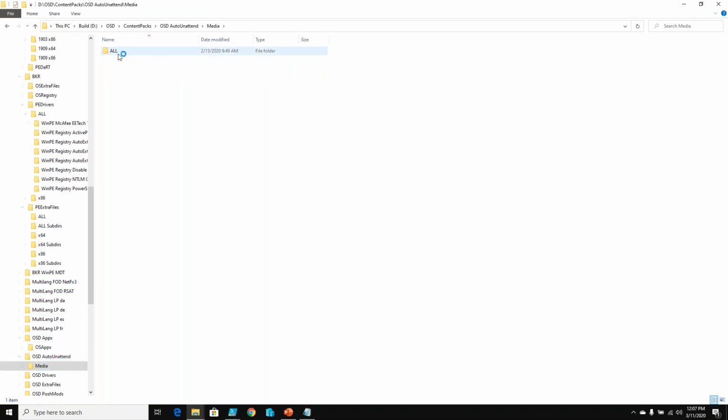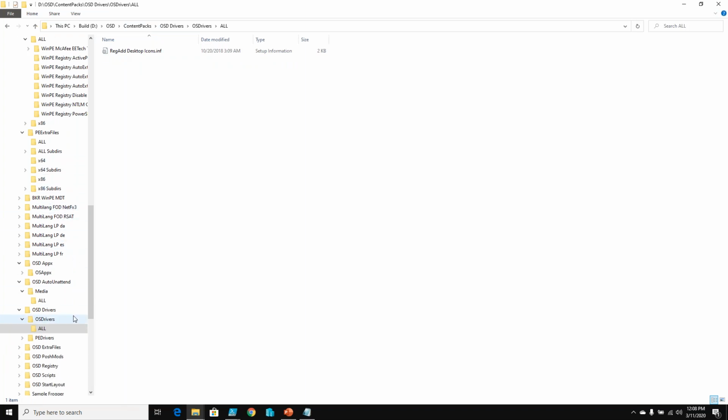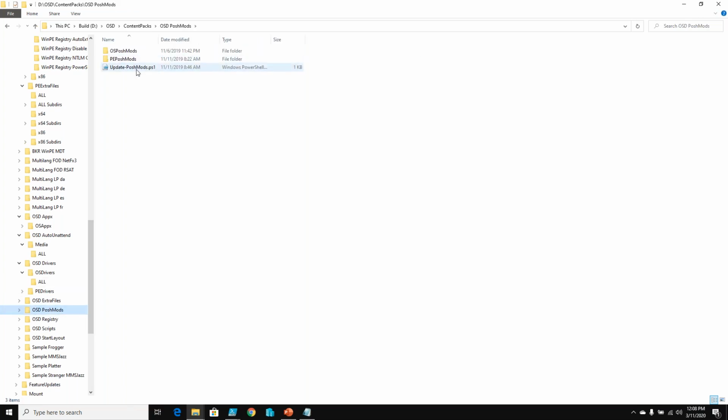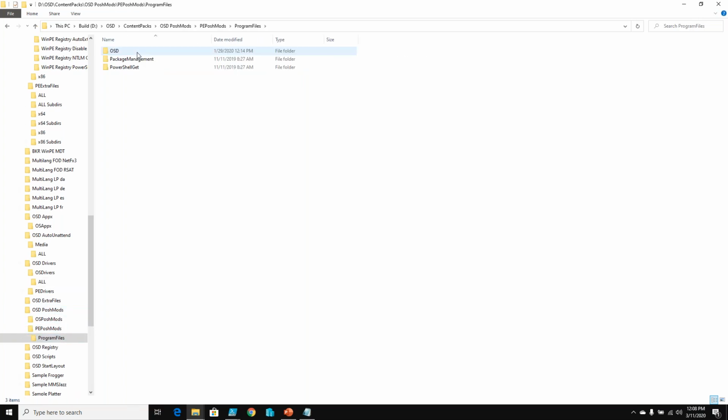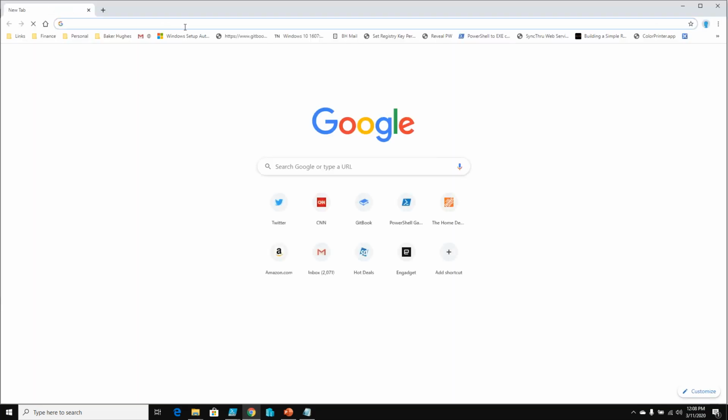You can add an auto unattend to your media, drivers that are going to go in the system. We've got OS drivers and nothing really there. We don't typically put drivers in our WIMs. PowerShell scripts. So this is a method that allows me to add an OSD or update package management. And all of these things you can do,